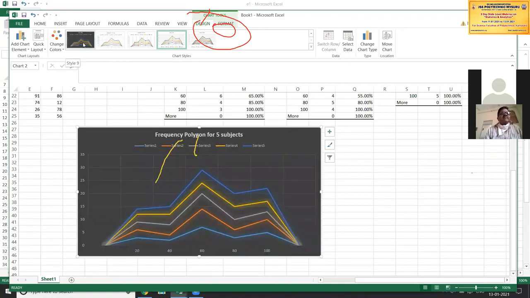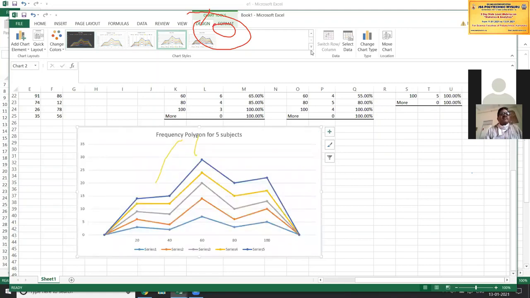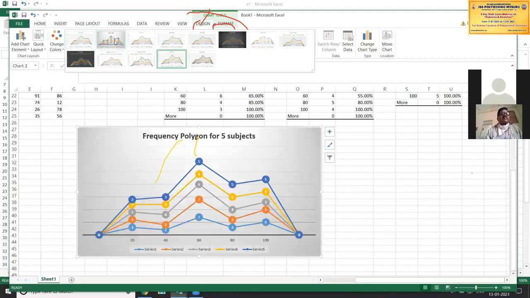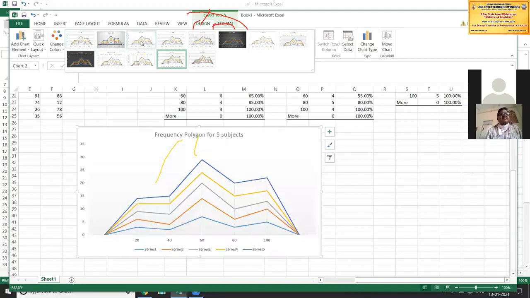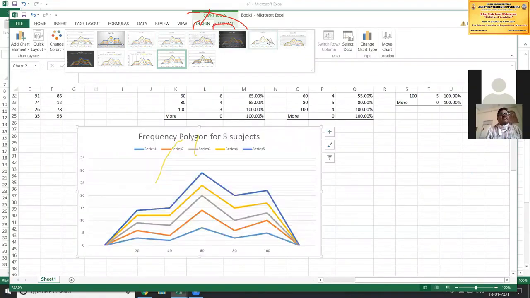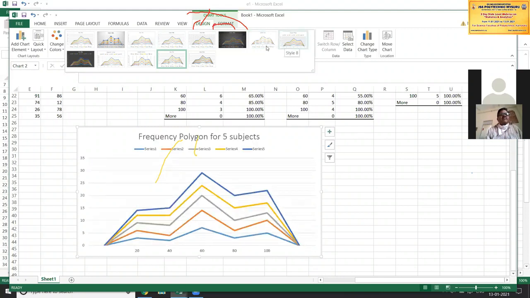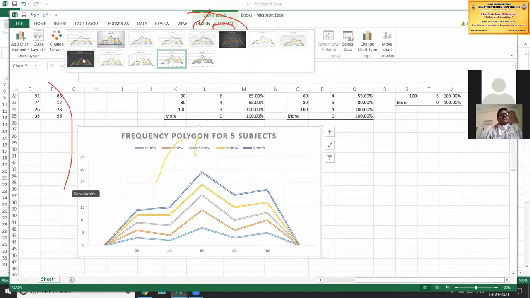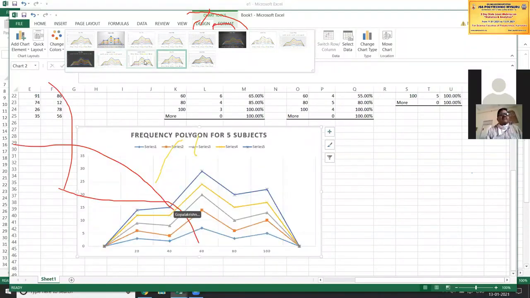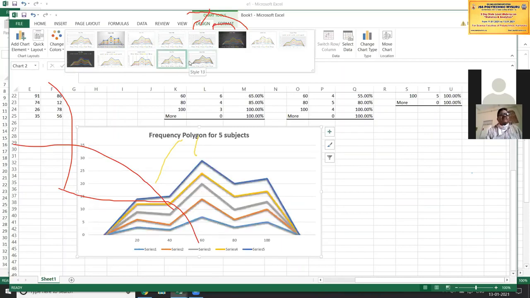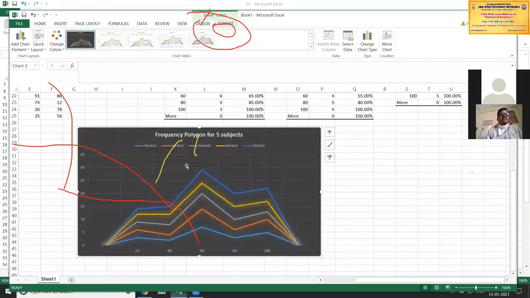If you want to know the values here, you can represent those values. So you can go for this chart here. There are a number of ways of representing it. Whichever way you like, you can click on that. This is one presentation of the chart. Which one you like as more attractive, you can select that one. Here, with the marks, it is representing the frequency marks. Which is convenient for you, you can enter it. Okay, so I'm selecting this one now.